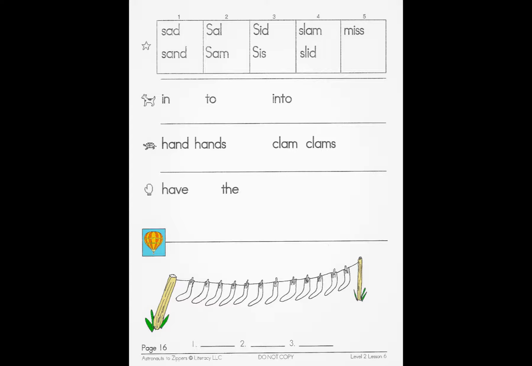Now look at the next word in box 1 and say S for the S. Then say A for the A. Blend these to say sa. Next, say N for the N and add this to say san. Say D for the D and say sand. The word sand has two meanings. You might say, I like to play in the sand, or you might say, my dad will sand the board